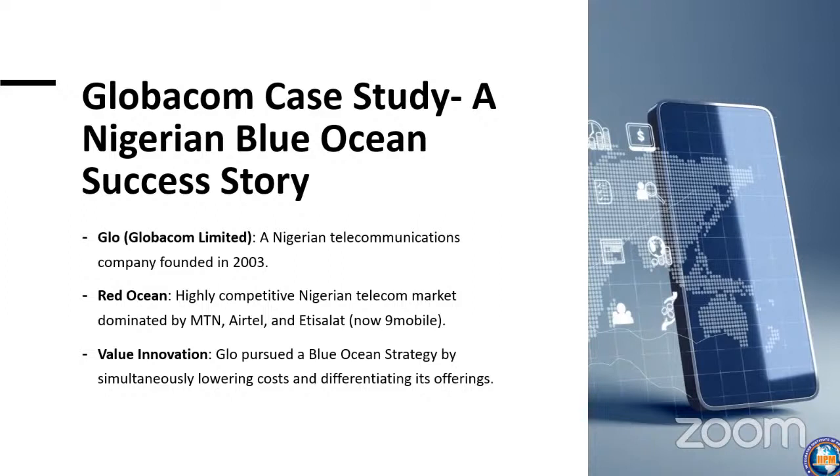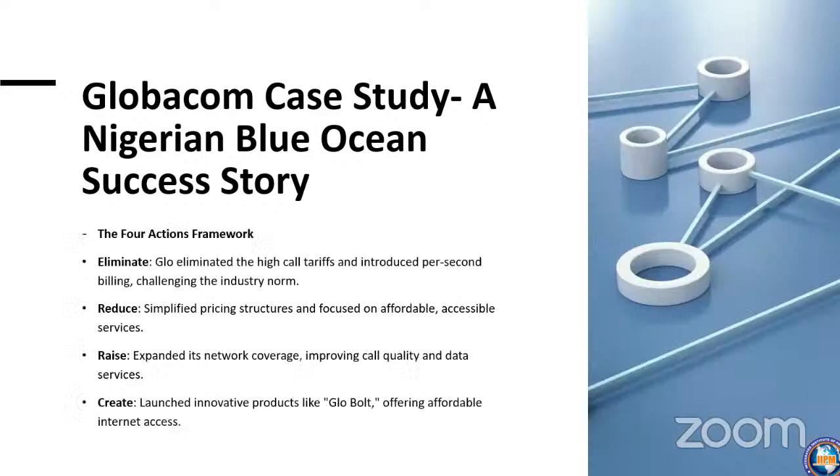The red ocean: a highly competitive Nigerian telecom market dominated by MTN, Airtel, and Etisalat, now 9Mobile. The value innovation: Glo pursued a blue ocean strategy. The 4 actions framework they took: Glo eliminated the high call tariffs and introduced per second billing,